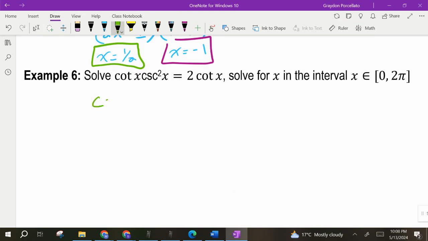Okay, so I'm gonna write cotangent x cosecant squared x equals 2 cotangent x. Excuse me. Now,